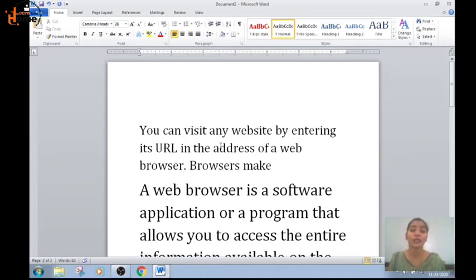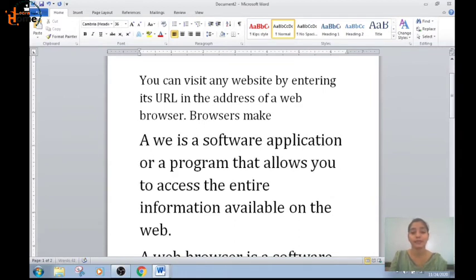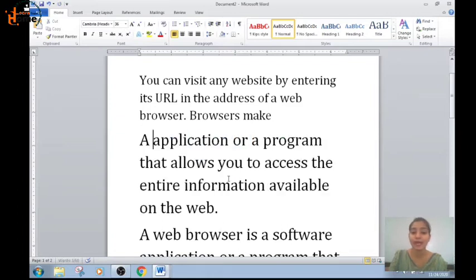Now we want to learn how to delete the text. How will you delete the text? Simply place the cursor here and delete it. Okay. A web browser, I want to delete web browser, press the backspace key. Okay, I am pressing the backspace key, it's deleted. One more way is there to delete the text. Simply select the text and press backspace or delete key. In both the ways, the text will be deleted.